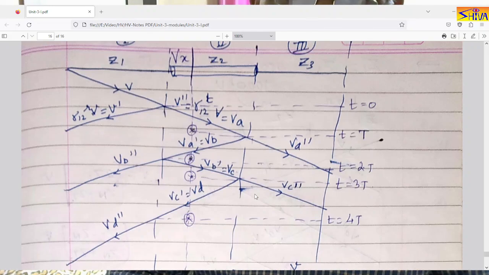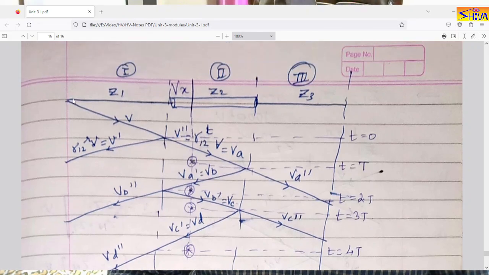So here I have shown three mediums. First is a transmission line, say having surge impedance of Z1, say it is medium number 1. It enters the cable, that is medium number 2, having surge impedance of Z2. Then there is again a connected line having surge impedance of Z3, say it is medium number 3. So there is change in impedance at this point. So here there will be transmission as well as reflection.